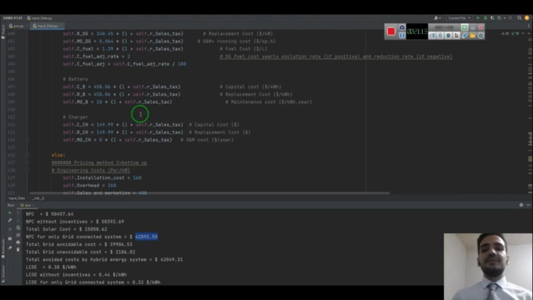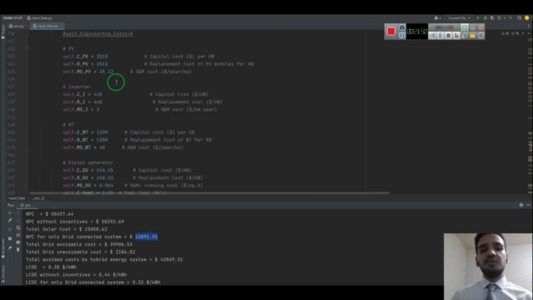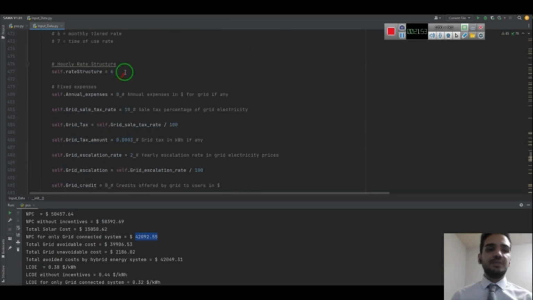Right now, we have the total and most important inputs for the simulations. If you are going to compare your result with the grid cost, you need to define the utility cost in the next section of the input data. But if you are just going to get the results for your off-grid system, you can, at the current stage, run the code. As I want to compare my off-grid system in Los Angeles with the utility grid cost, I would define the utility cost in the next option here.